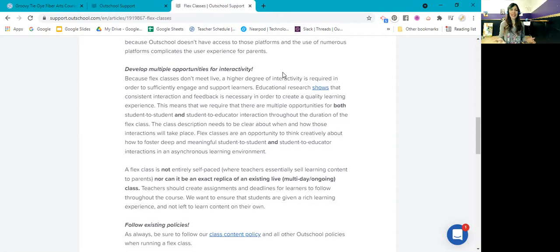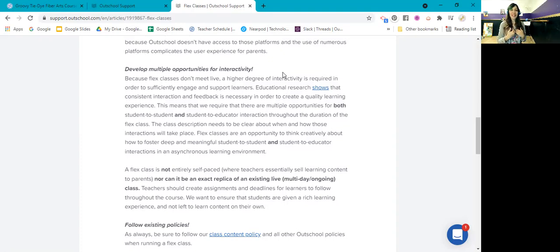So there's a lot of ways that I find in a live class to hopefully draw out some of those students that are kind of hanging in the background. So with that in mind, we want to do the same thing with our flex classes, except of course, our bag of tricks is different, right? We don't have the same bag of tricks. We don't have the annotate tools. We don't have the live chat. We don't have the games that we can play in a live setting.